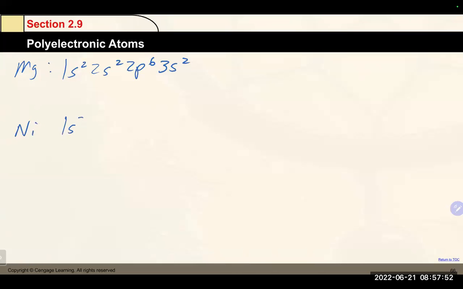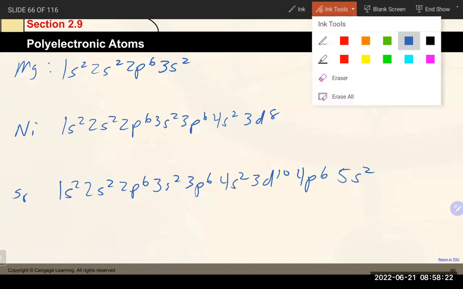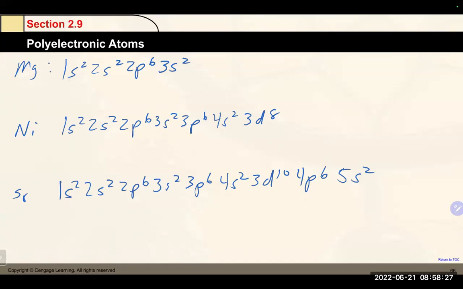That was 1s2, 2s2, 2p6, 3s2, 3p6, 4s2, 3d8, and we have strontium. That was 1s2, 2s2, 2p6, 3s2, 3p6, 4s2, 3d10, 4p6, and 5s2. So clearly this is electron configuration completely written out. But if we look at this configuration, for example, up to this point here,